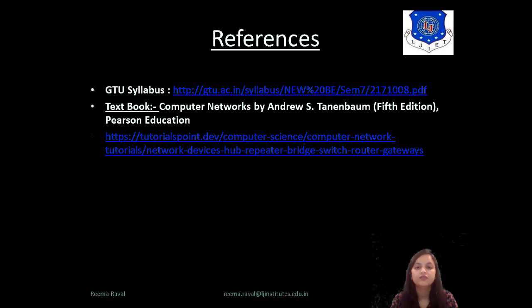In the next session, we will see the last topic of this chapter, which includes different example networks that are X.25 frame relay. Then we will see ATM reference model, that is asynchronous transfer mode, and we'll see its frame structures and its architecture, as well as we will see ISDN, which is called Integrated Services Digital Network, and then we will conclude this chapter. So in the next session, ultimately we are going to see the rest of the 4 topics that are X.25, frame relay, ATM and ISDN.